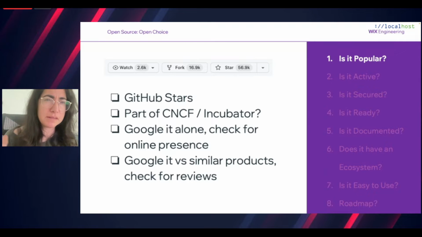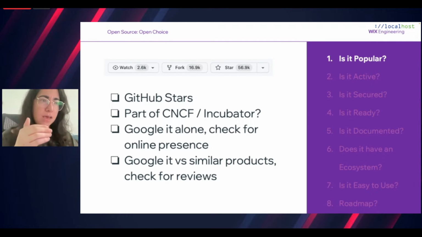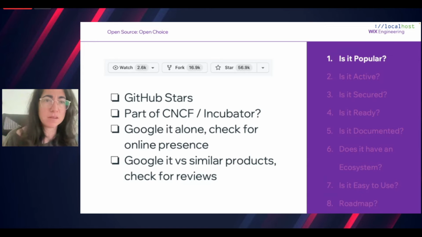So make sure that you take GitHub stars into consideration together with other components as well, and not only that, because it's not always the best thing. But as a rule of thumb, if a project has a lot of GitHub stars, it is very popular and very used.